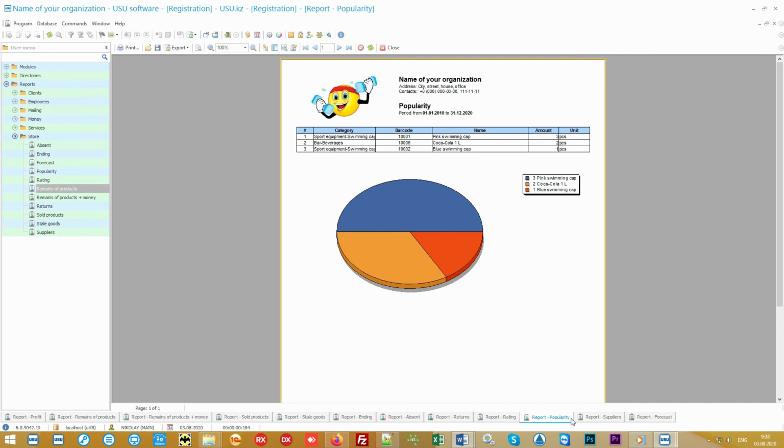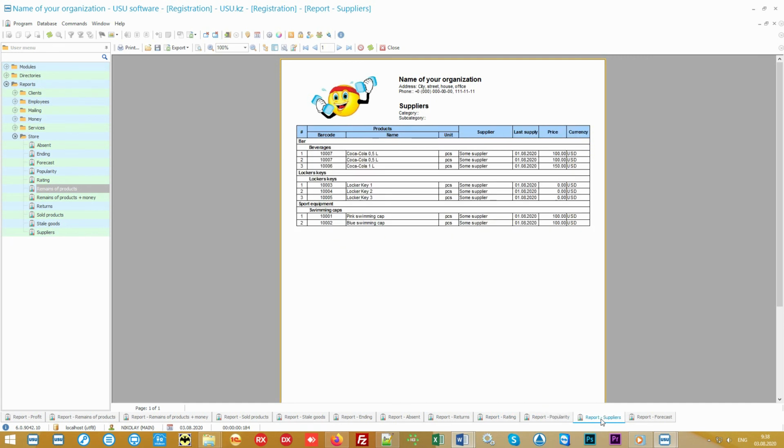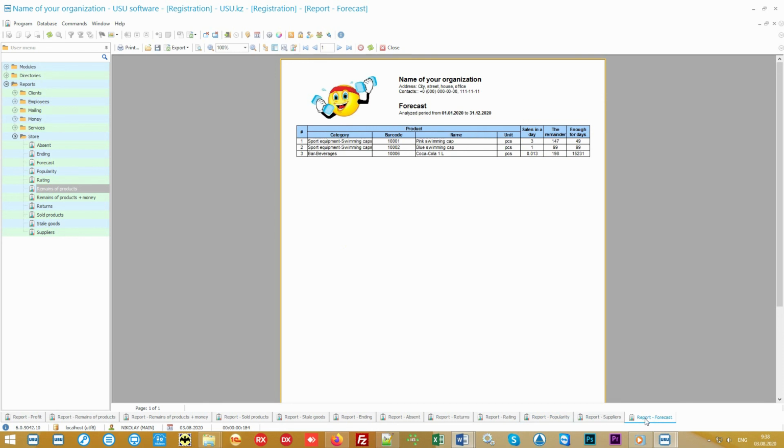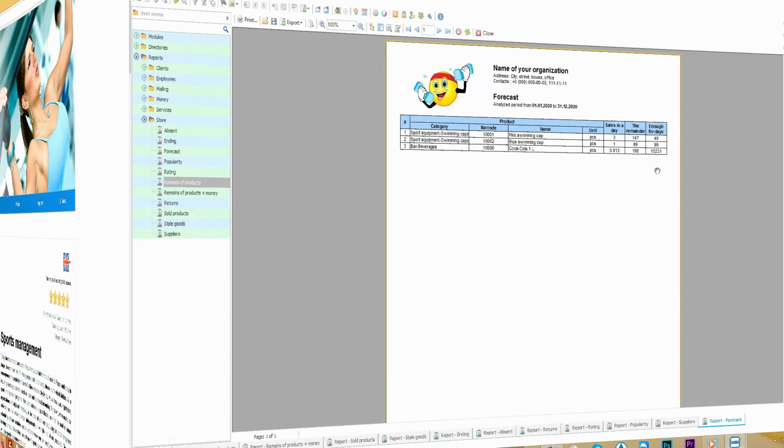In order not to spend too much on procurement, analyze the supply of goods. See when, at what price, and what exactly was purchased. And the apogee of working with the goods is a computer forecast. Our intelligent system, given the average speed of goods being sold, can even calculate for each product for how many days of stable, uninterrupted operation it will be enough.